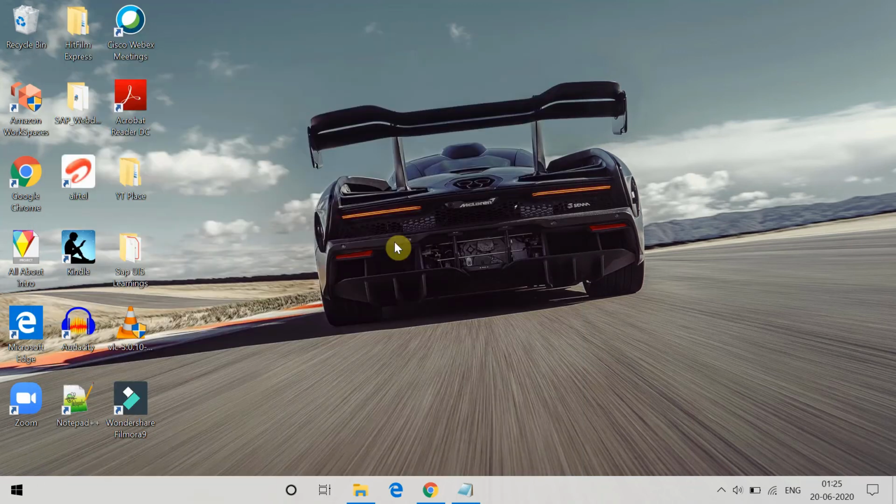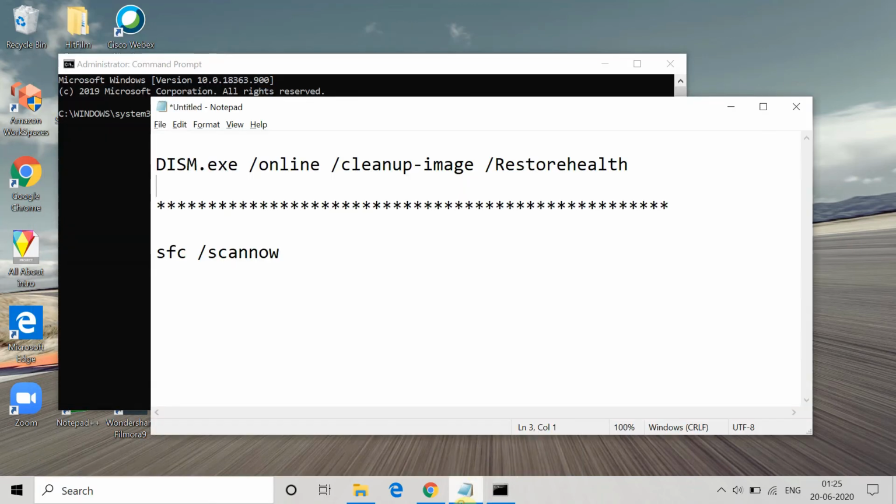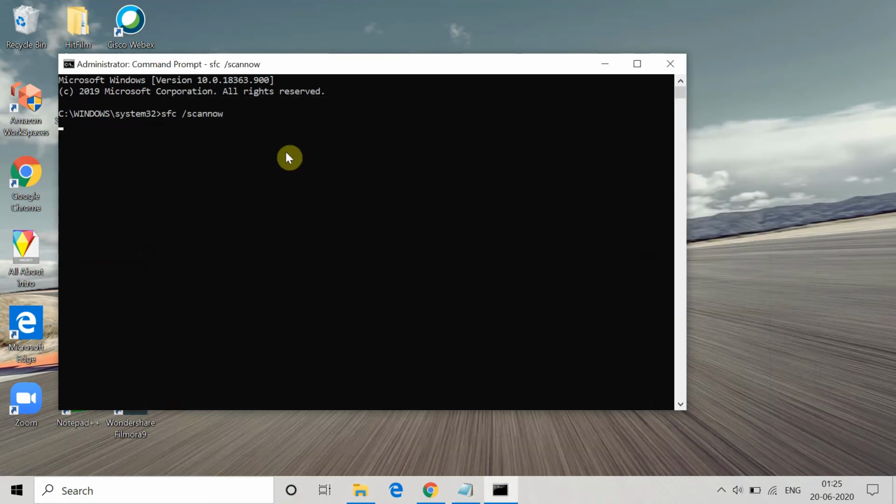The next method is you can do the system file scan. For that, go to the command prompt and run it as administrator and type this command, sfc /scannow. This command basically scans all the files present in the system and gives you an error if there is any corrupt system file in the system or not. Here you can see that system verification will take some time, and at the bottom the verification bar will show how much is completed. Now it's 3% completed and I'm moving it forward to the final phase.